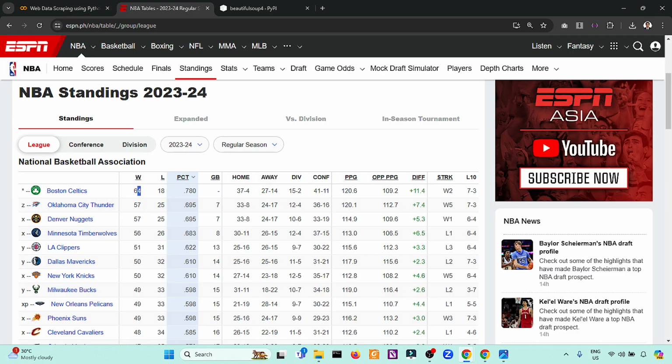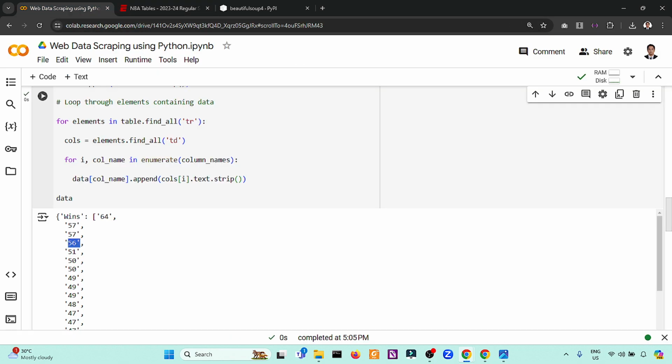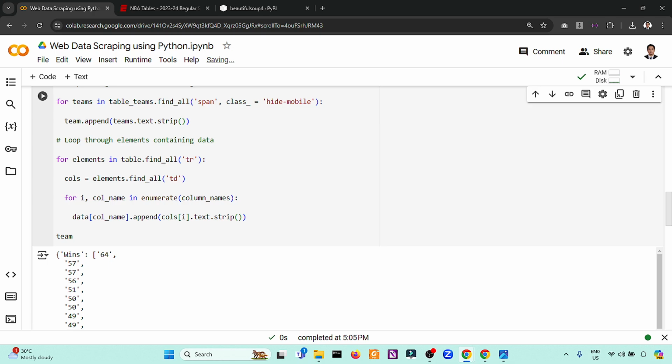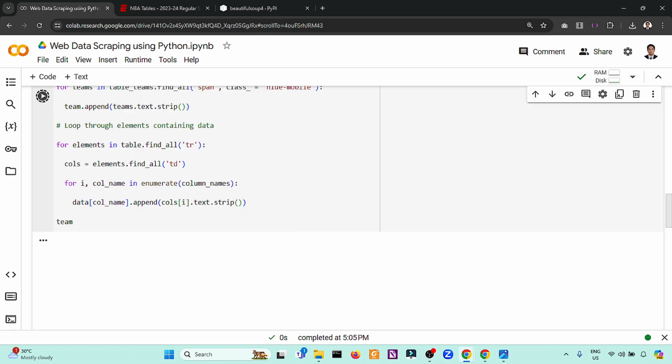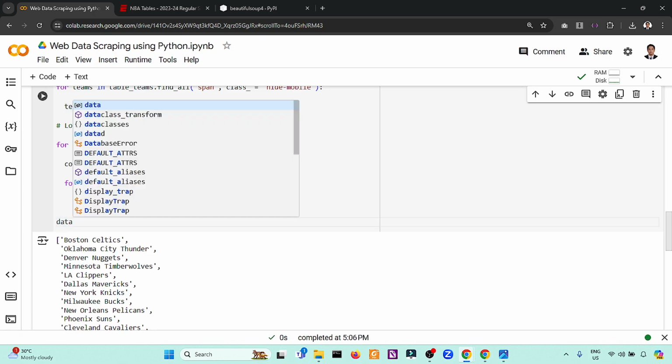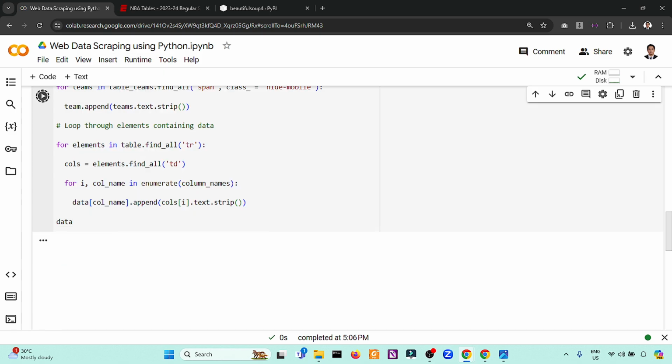So we're already scraping the team, and at the same time, we are already extracting each specific data assigned to the team.